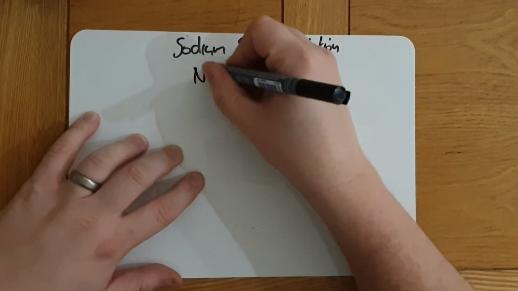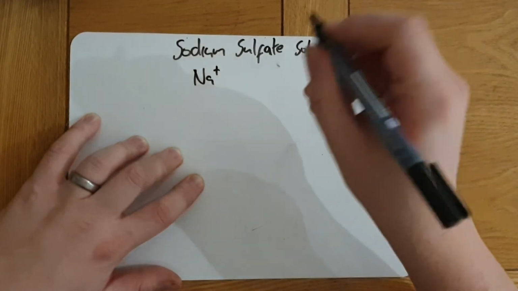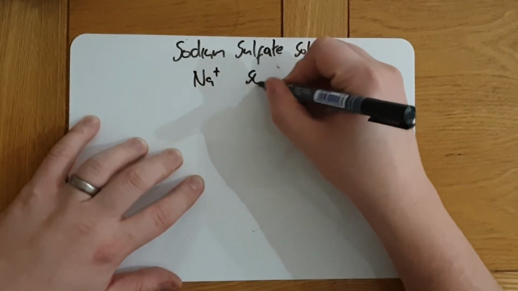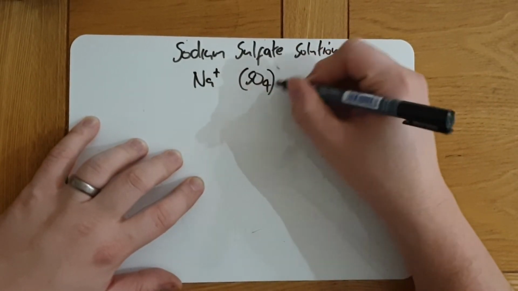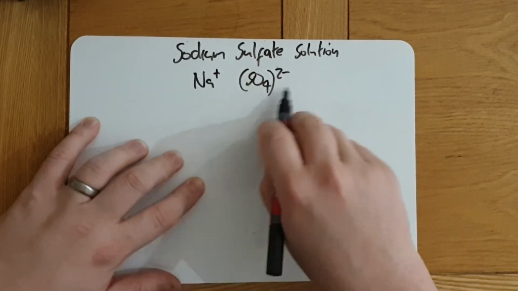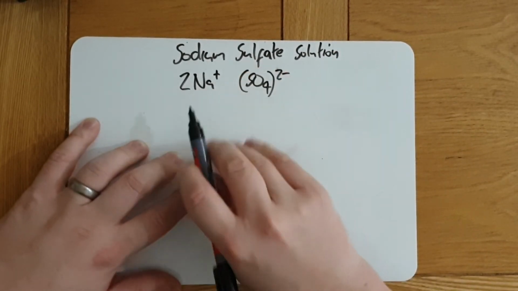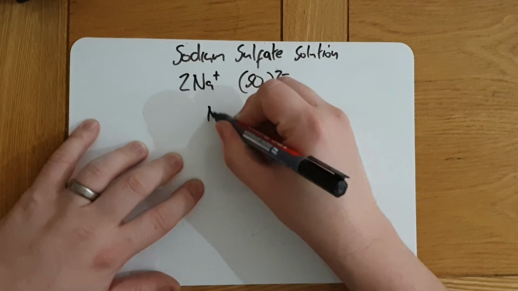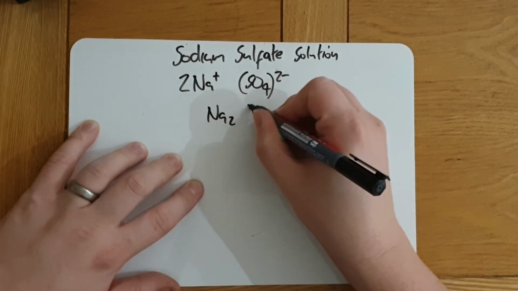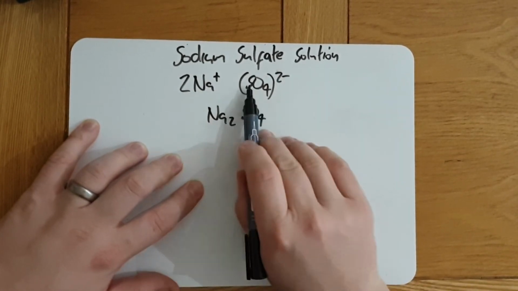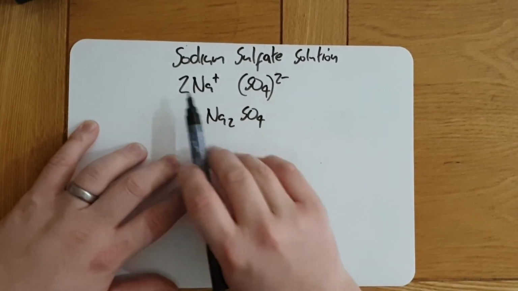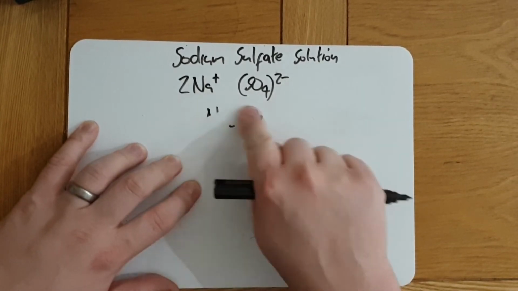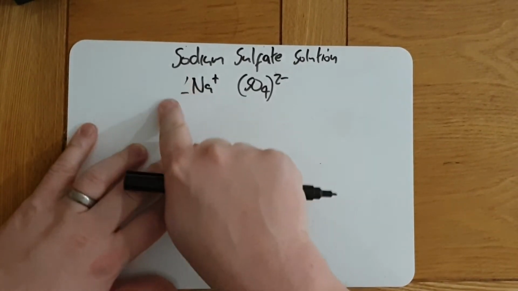That is made of sodium, which is Na plus, and sulfate, which is SO4 2 minus. If we were balancing that, sodium sulfate is Na2SO4, because this ion's got 2 minuses, which means we need 2 of these to be a plus. But for this part, we're not interested in how many there are,